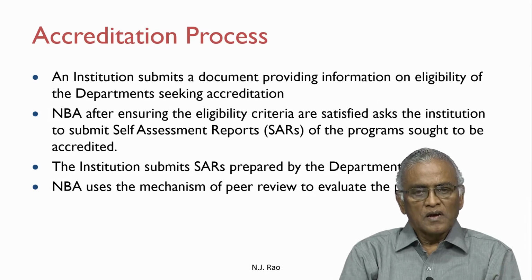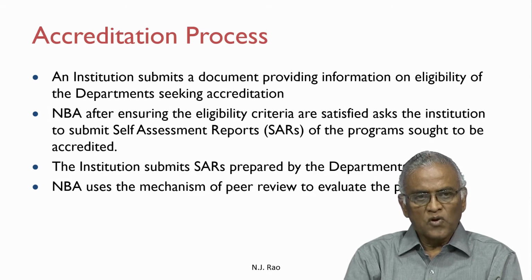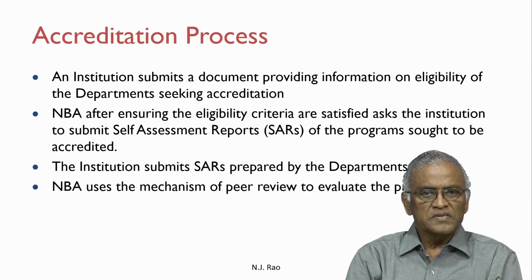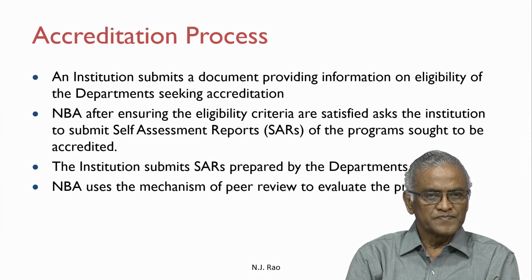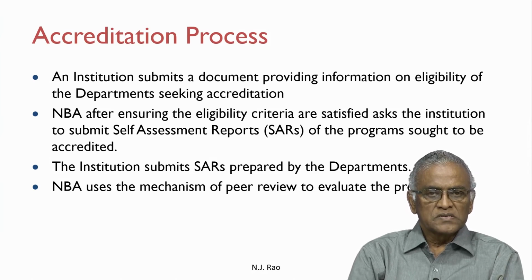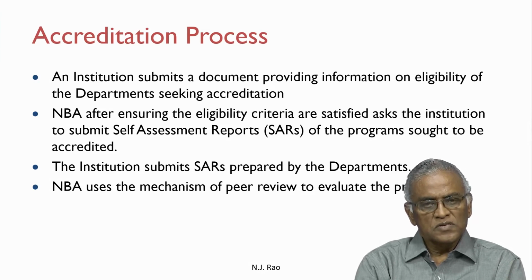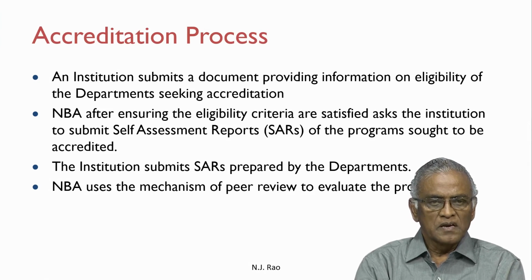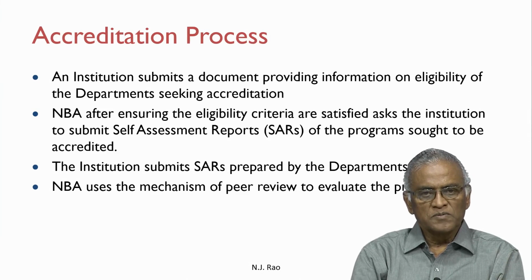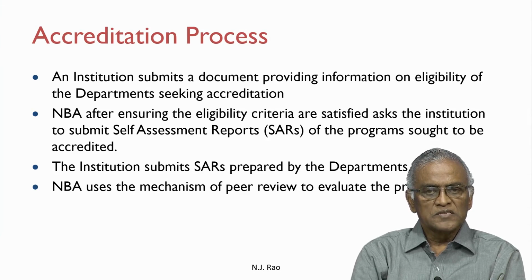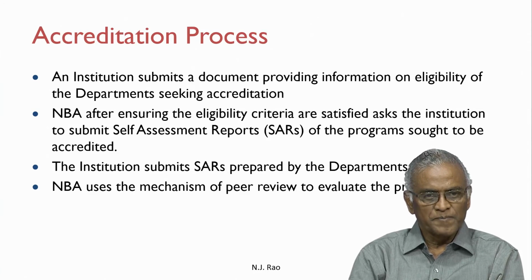Further, what is the process involved? An institution submits a document providing information on the eligibility of the department seeking accreditation. There is some information related to this, which is again defined by NBA. The institution submits a document called eligibility criteria. If the eligibility criteria are met as per NBA, then